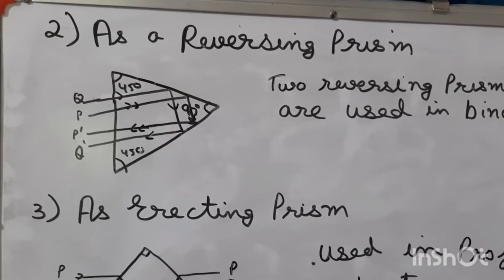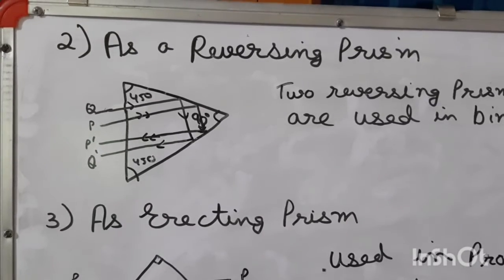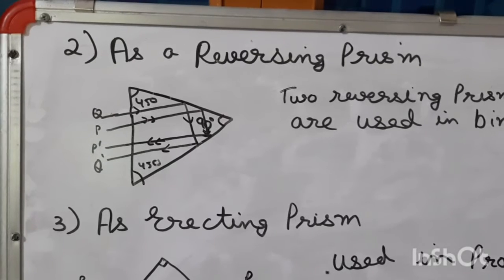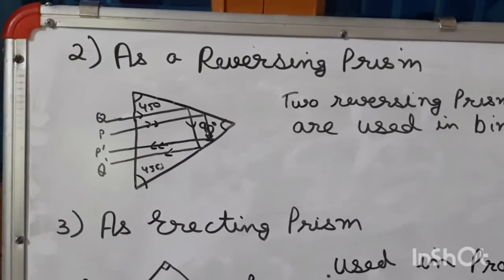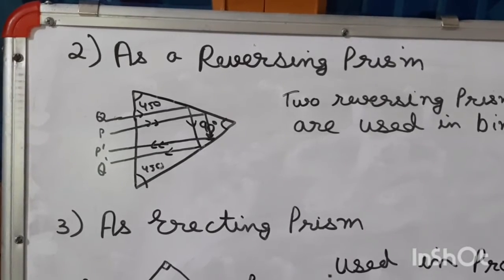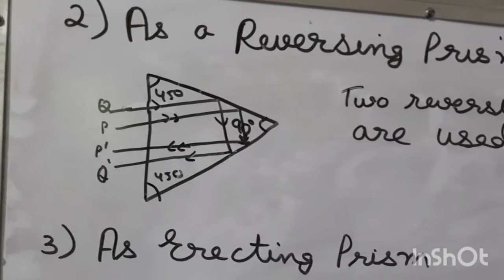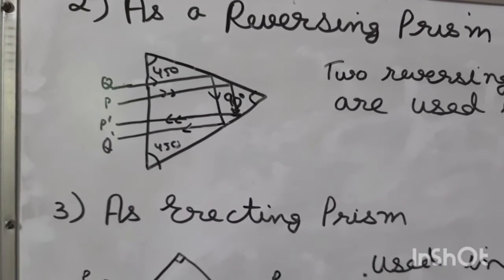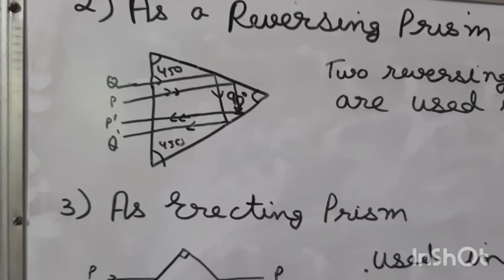In this, when a ray of light enters the right angled isosceles prism normally at the hypotenuse, then the ray is totally reflected at each of the shorter faces and emerges anti-parallel to the original direction. इसमें क्या है, when the ray of light from the object PQ falls normally on the hypotenuse, it will be